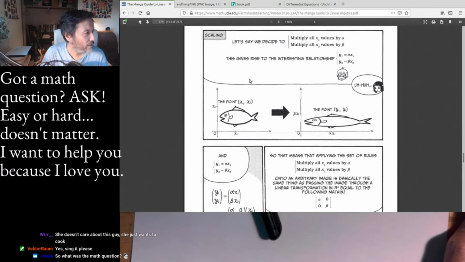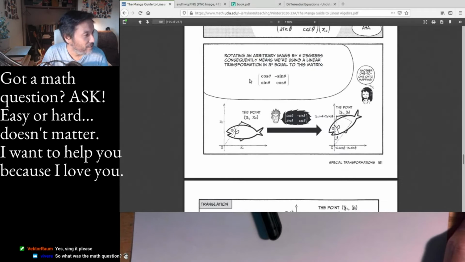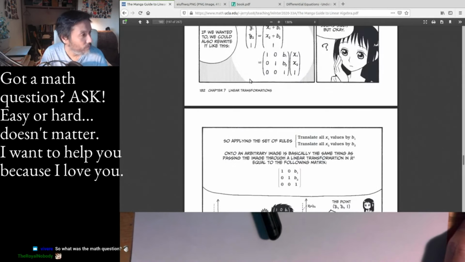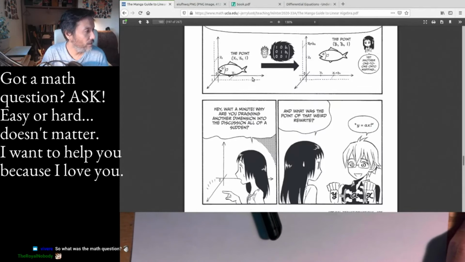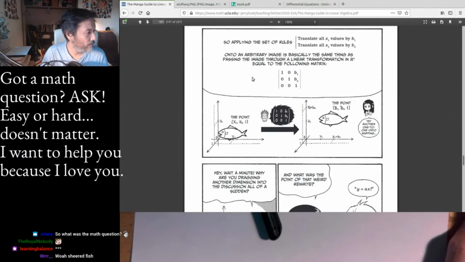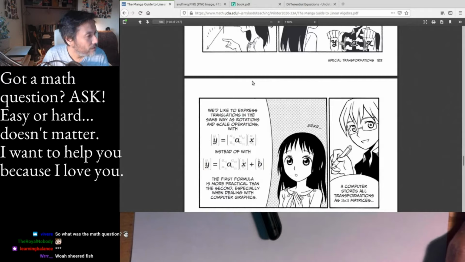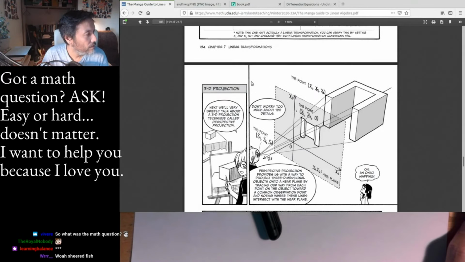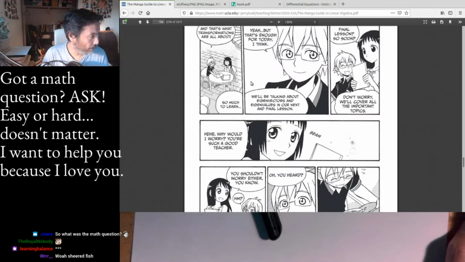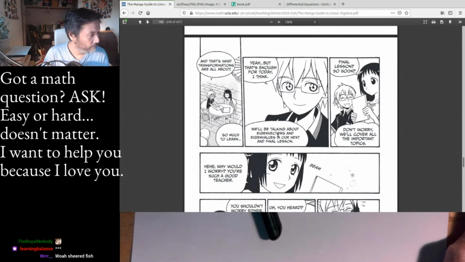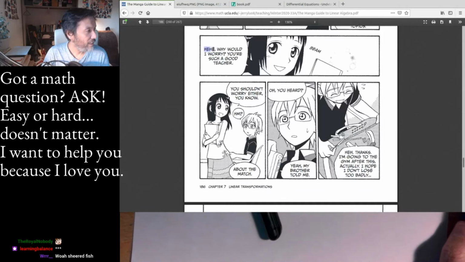Whoa. Fishy. Trigonometry? Oh, rotation matrices. Oh my gosh, are they doing projective transformations? Oh wait,